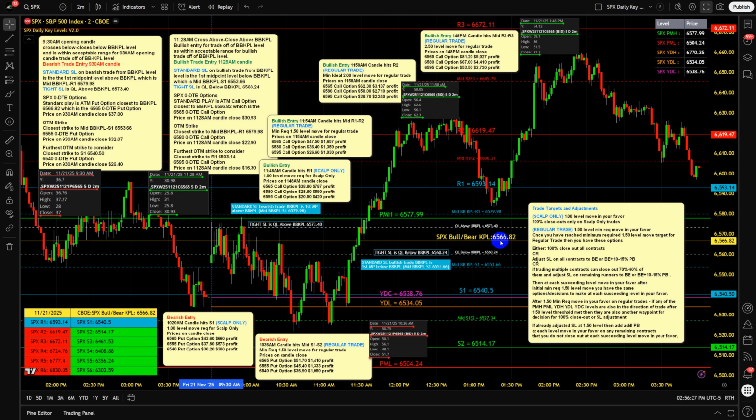So now we have a call option. The 65.65 call option is going to be our standard play for this bullish trade here. And then our 2 out of the money strikes, we're going to use the same process, except we're going to look above this time, because this is a bullish trade. So we look to the first midpoint above the level we're trading,